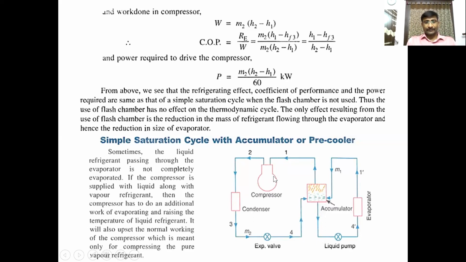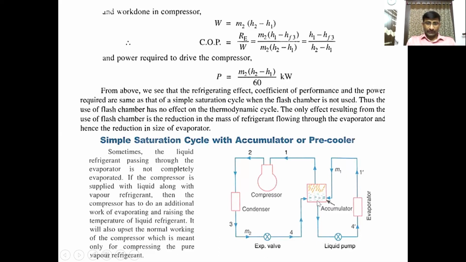We adopt the compressor here to compress only the vapors that are in gaseous form. But if liquid particles enter it, it requires more work to compress that liquid and increase its pressure, so additional work has to be given. At the same time, when we send liquid particles into the compressor, the liquid particles have a corrosive nature, and the compressor may be damaged by them. So that can be avoided by placing the accumulator after the evaporator.